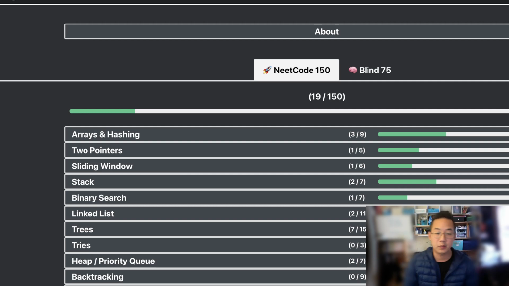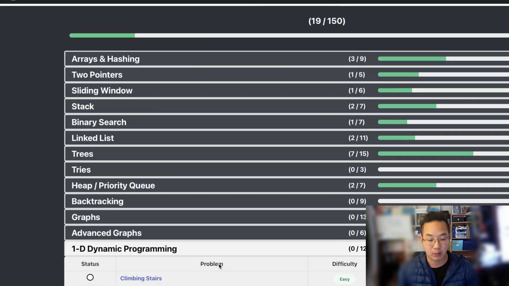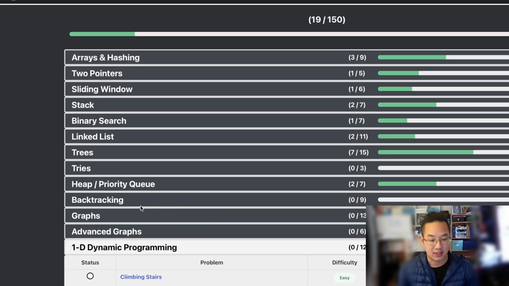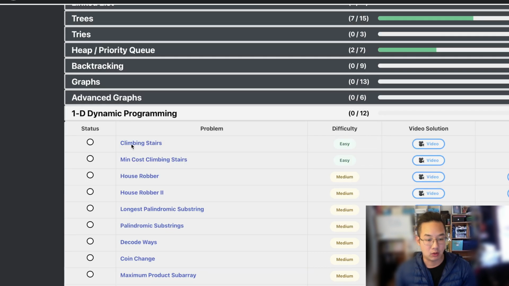Hello there. Today we'll be doing Neetcode number 20. This is going to be our first dynamic programming question because in backtracking and graphs, there are no easy questions. So we will be doing climbing stairs as our first dynamic